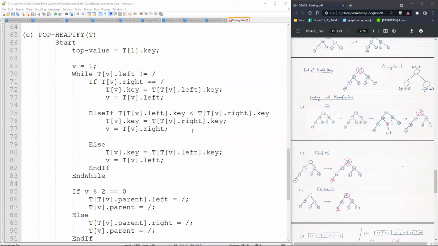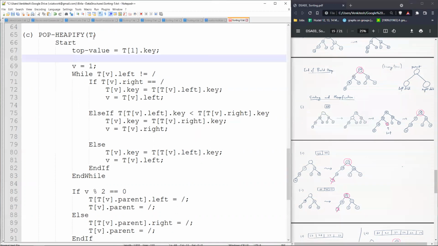All right, so we come to the last part of the heap sort algorithm, which is pop heapify. As you saw, pop heapify is exactly what we saw before. The last part of the heap sort algorithm, where we remove the element from the top, put it into the sorted array, and then heapify in order to repeat the same process again and again, right? So I've written down the code because it's slightly longer, and then I'll take you through the code now.